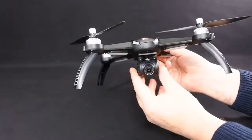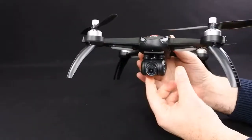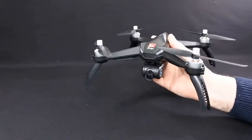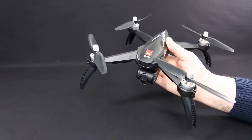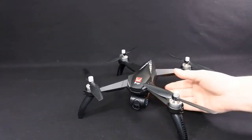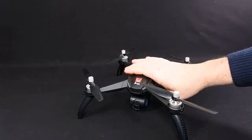If MJX could make a proper gimbal to go on, either 2 or 3 axis, and made it 4K, I think they'd be giving DJI's lower end price stuff a run for the money, because they fly superb. The return to home on this is as good as any DJI product I've ever flown,